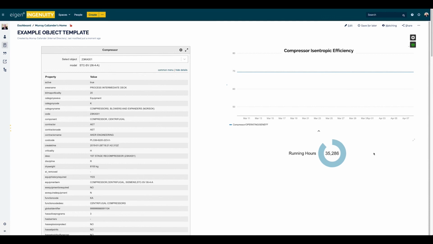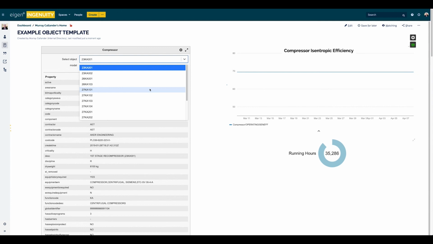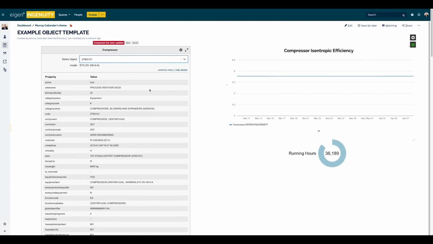for interest's sake. Now we can also apply a filter to the list, so we're just going to make sure we show active compressors. So if for whatever reason something's been decommissioned, we don't want it to appear in the